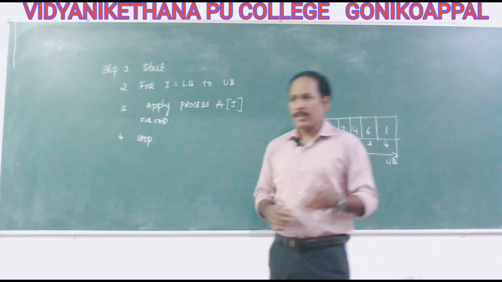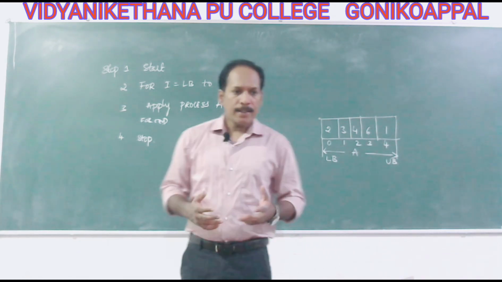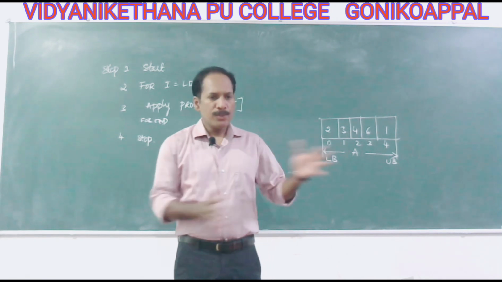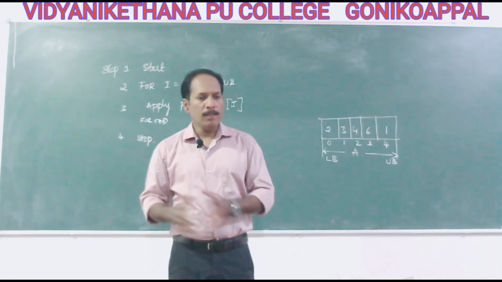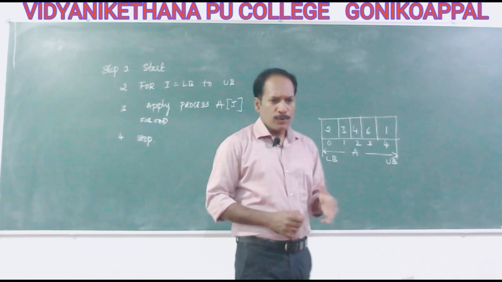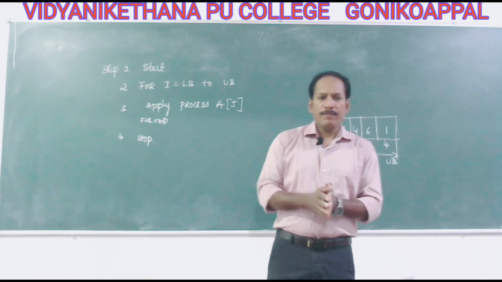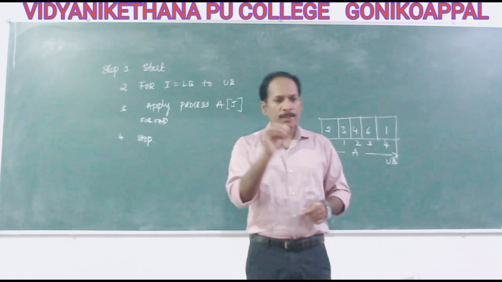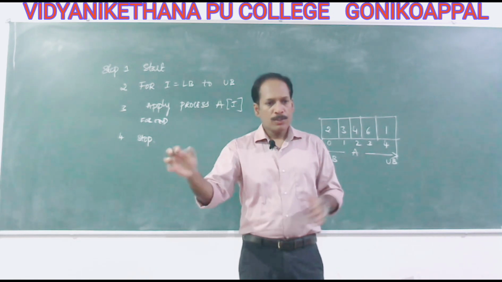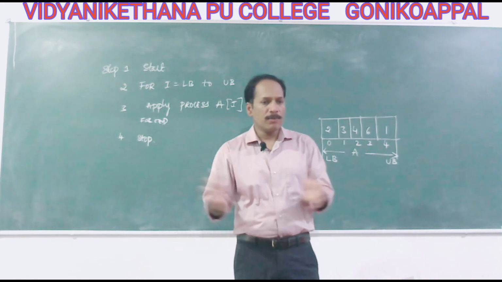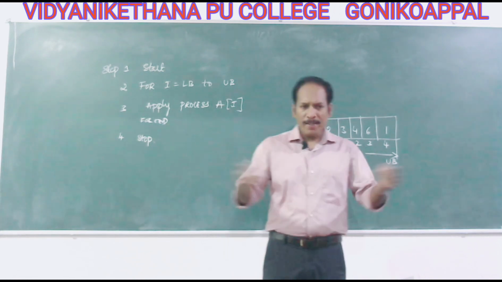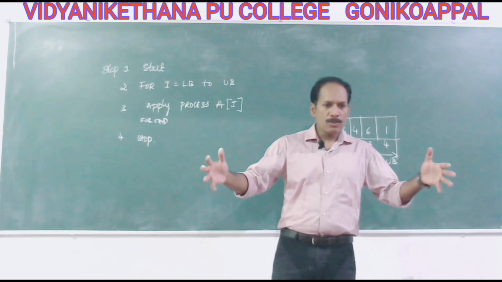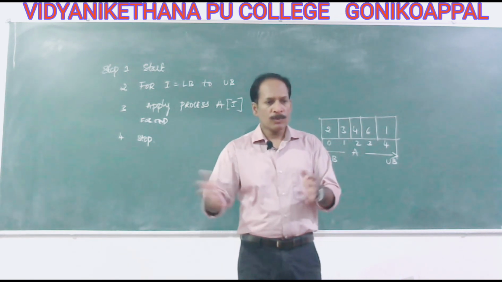So let us take an example. The best example is reading elements into an array and displaying all the elements from an array. Of course, that is where we visit all the elements. We have consecutive memory locations, which means we go to the first element, then the second element, like this. So creating an array is the best example of traversing. Similarly, displaying all the elements of an array. We are displaying all the elements one by one from an array, which means we visited all the elements. So that's also an example.